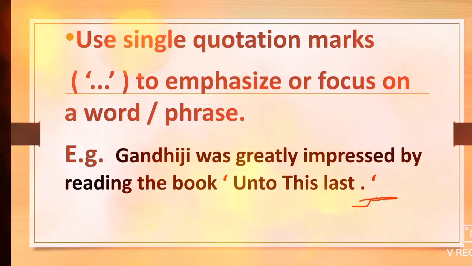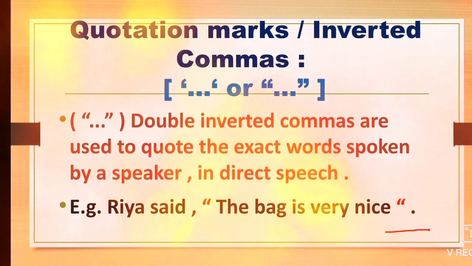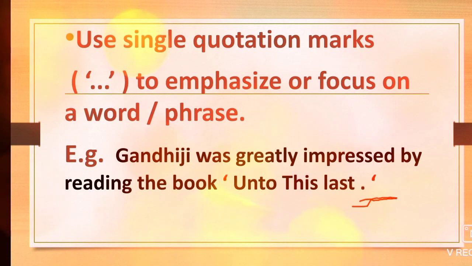Look at this sentence. In this sentence, we use a single inverted comma, first a full stop and then the single inverted comma, and complete this sentence. It's correct. And look, in this sentence we first use a double inverted comma and then use a full stop. It's also a correct sentence. It means you can use these two types of punctuation in your sentences. It's also correct.